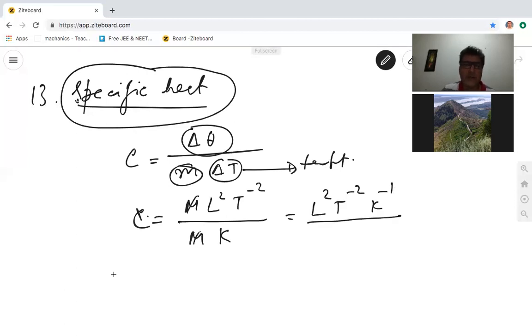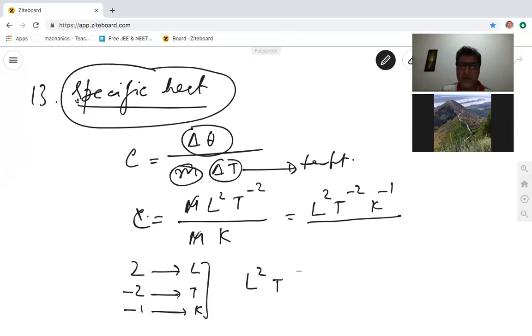Yes. So if you want to know the dimensions, you can write like this: 2 in length, minus 2 in time, and minus 1 in temperature, Kelvin. And dimensional formula is L2 T minus 2 K minus 1. Okay. Now let me go to